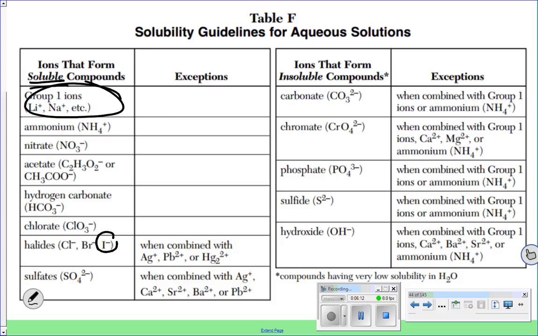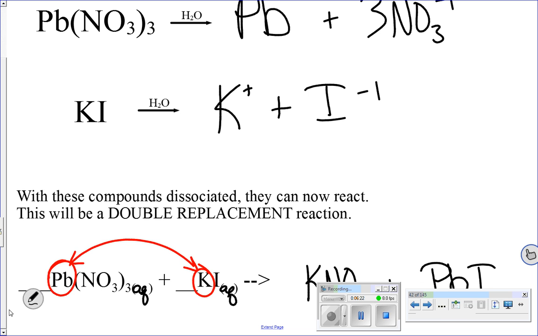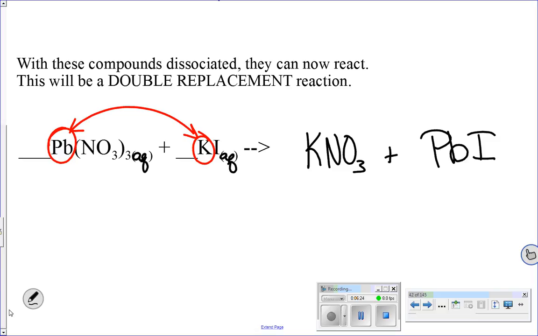If we have something with iodine and it bonds with lead, it's an exception to that rule and actually is an insoluble compound. So we're actually going to see a precipitate in this reaction that hopefully you'll be able to see in class, where we're going to form a solid, and this guy remains as an aqueous solution. You have to balance this guy, so I'm going to stick a little 3 there, and stick a little 3 there. So next, we'll get into talking about how to read reference table